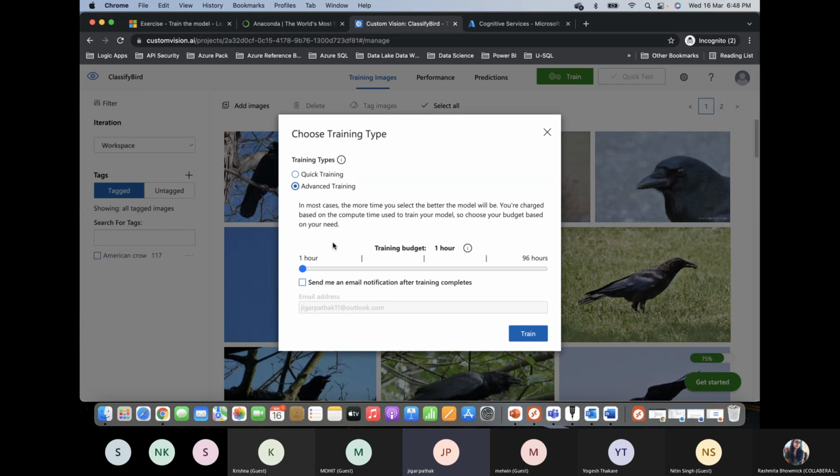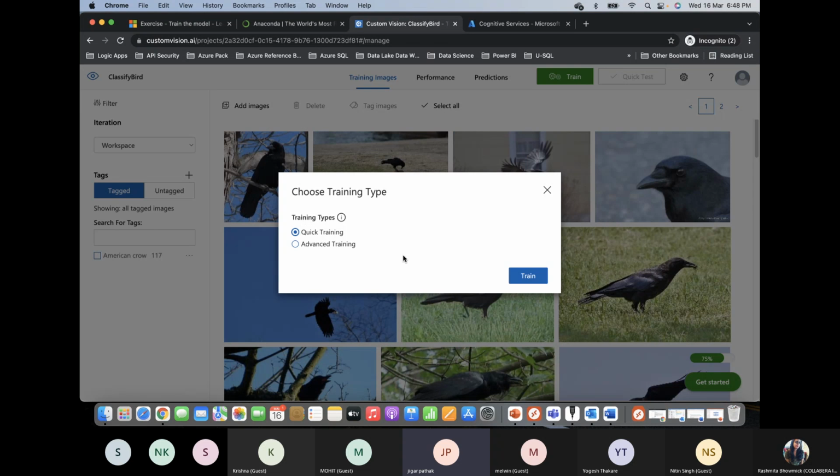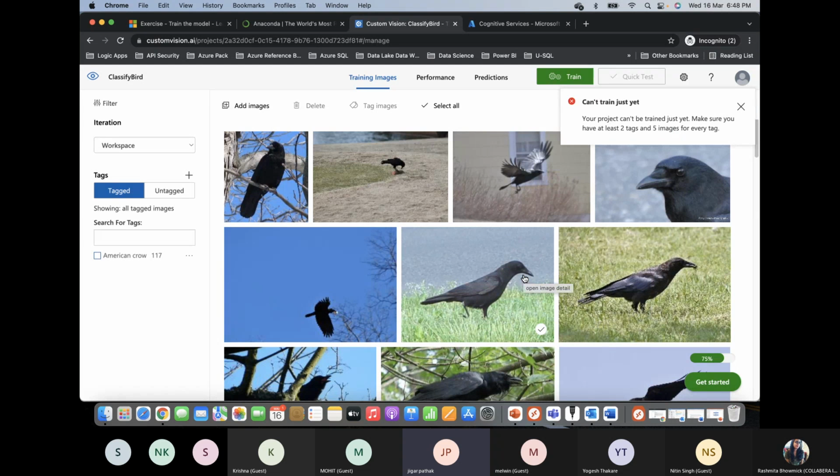If you select advanced training, say, for example, if you have a specific accuracy you are expecting, then you can go ahead with advanced training, and it will perform some additional tasks on top of it. But right now for my exercise, we will go ahead with quick training and say train. So what it does,